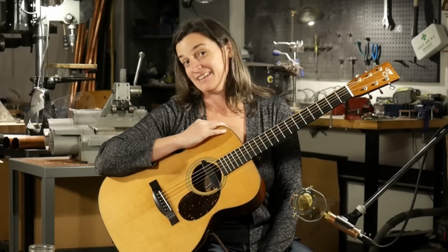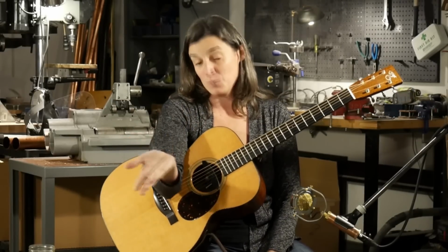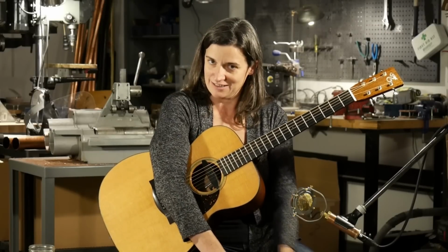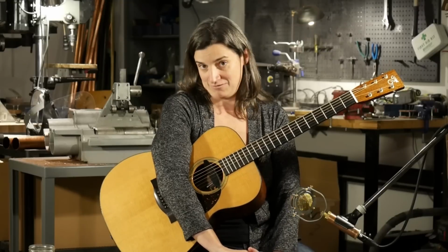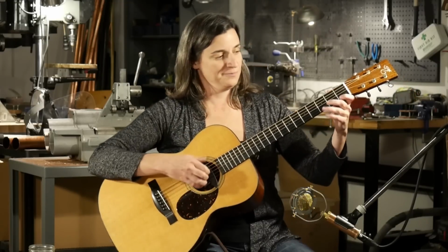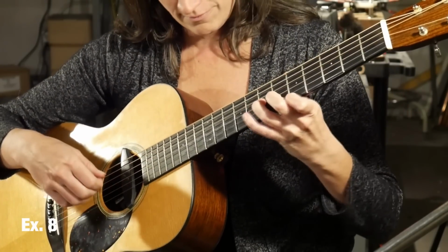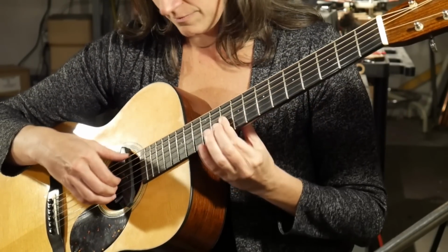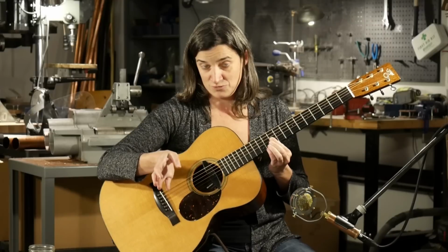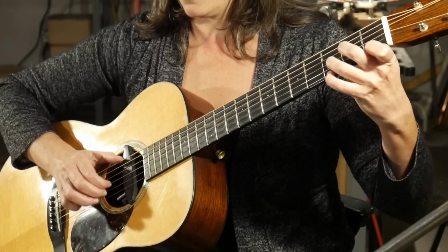Example number 8 is just going over those same shapes, the same triads, but now we're utilizing minor triads, which again, briefly, a minor triad is just simply lowering the third note of the chord. So example 8 is... So if you wanted to plug it into the ideas that we had in example 7, it would sound something like...